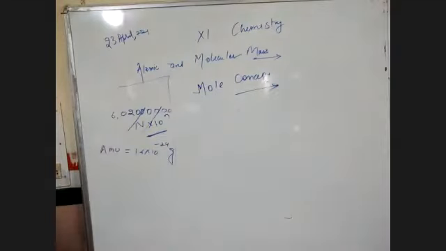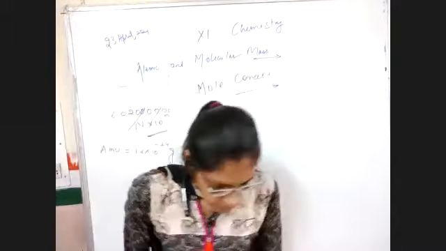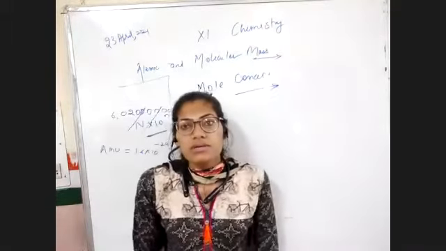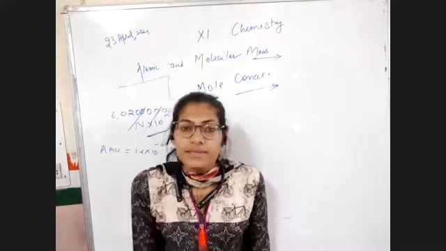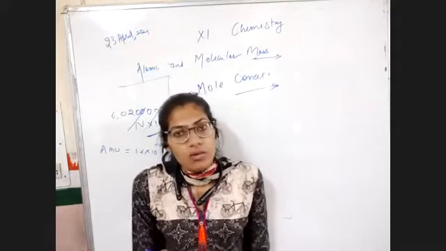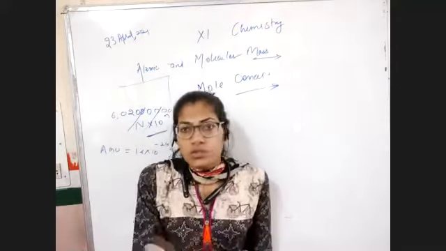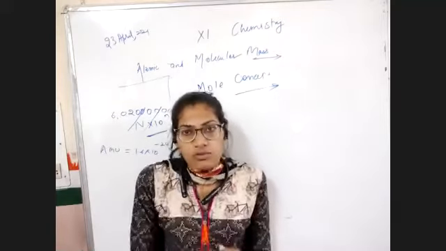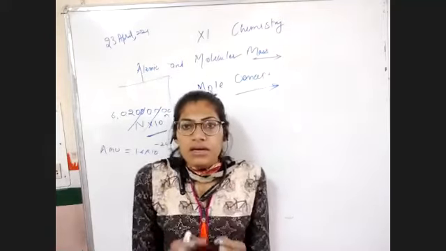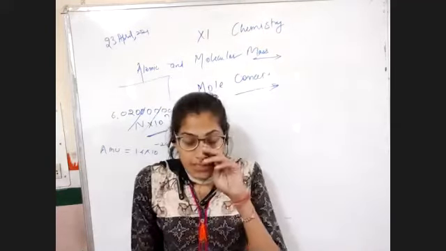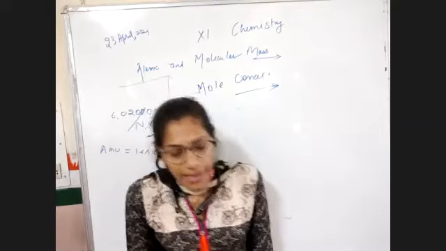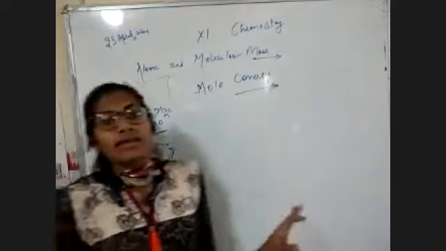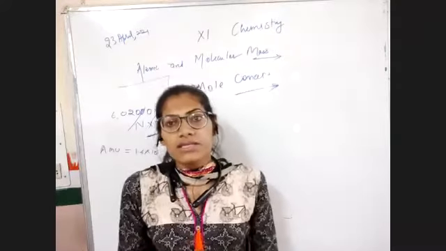For studying this, I would describe it like this. As you use in your daily life, 1 dozen equals 12. Like if I'm having 1 dozen bananas, I'm having 12 bananas. If I'm taking 1 kg sugar, that means it is equal to 1000 gram sugar. Same as if I'm having 1 liter milk, that means it is equal to 1000 milliliter.